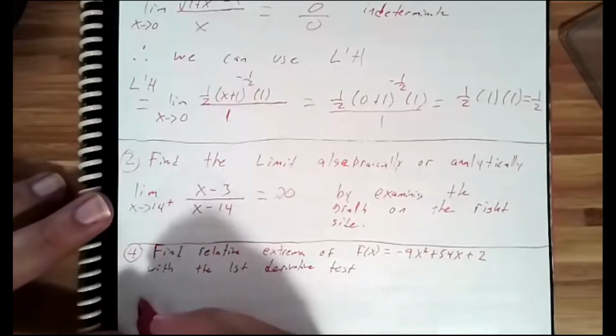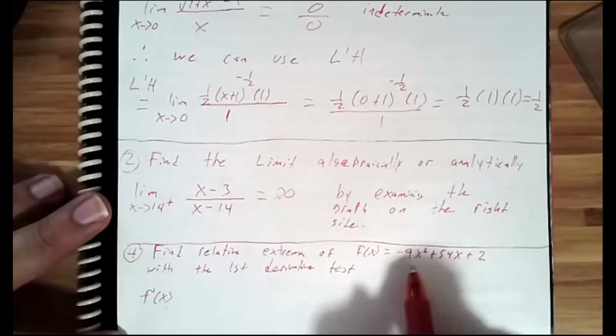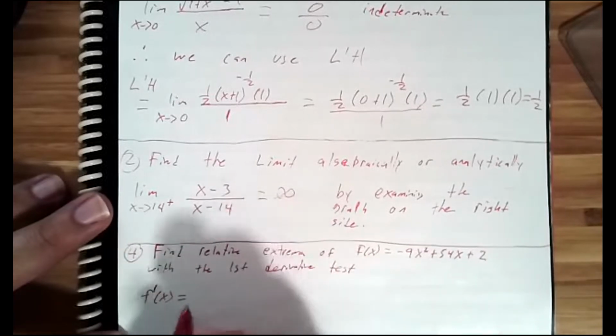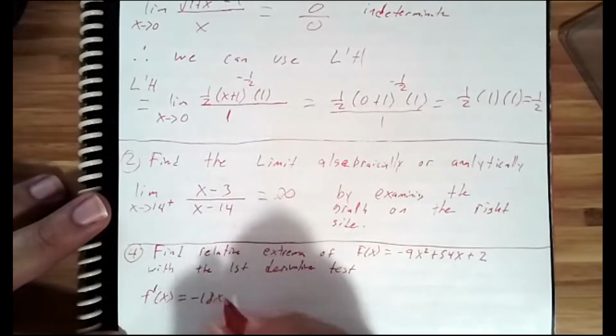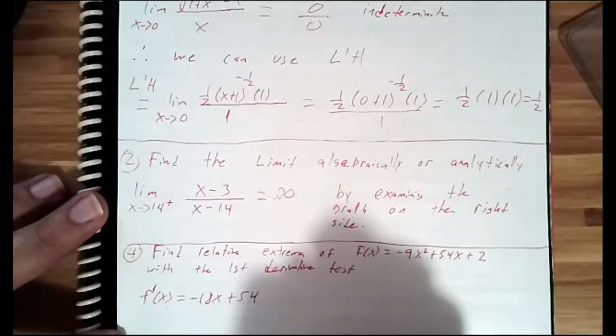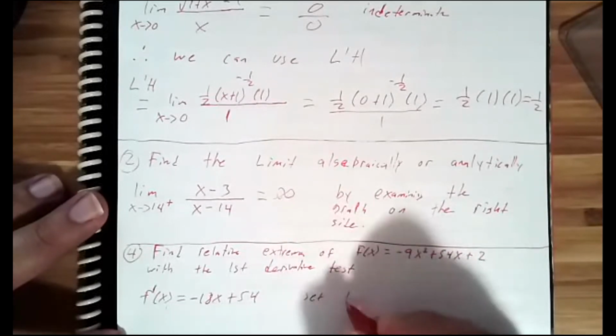All right, so we're going to need the derivative. It's going to be just basic power rules, right? Nothing crazy. So that'd be negative 18x plus 54. To get critical numbers, we need to set this to 0. So set to 0